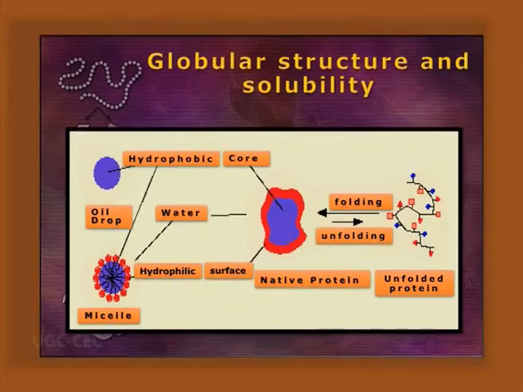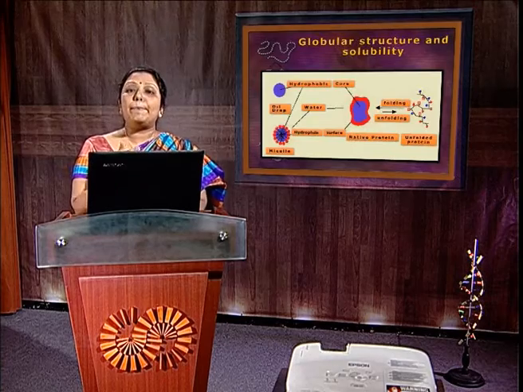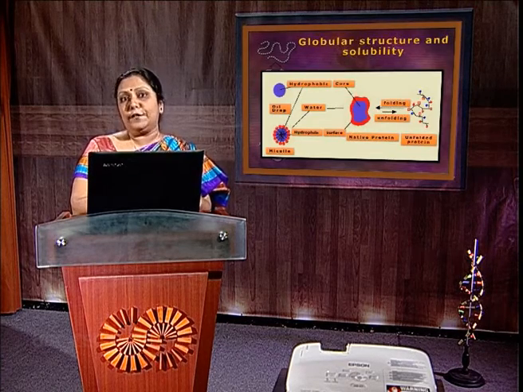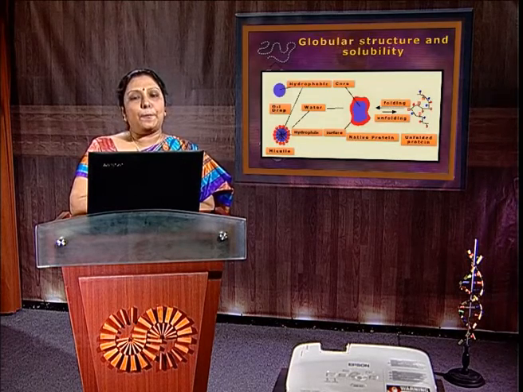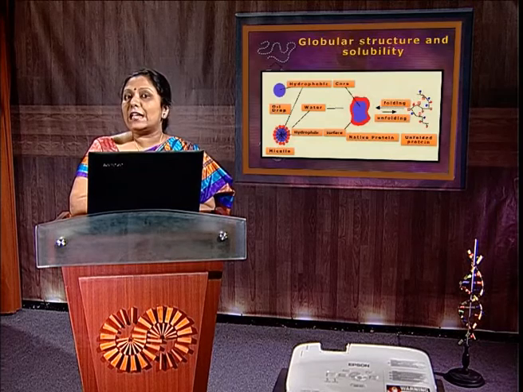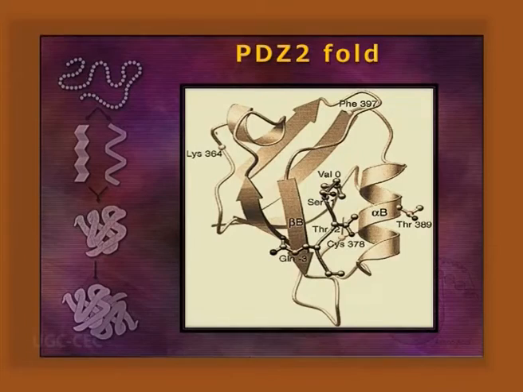Next one, globular structure and solubility. Globular structures are folded according to alpha and beta propensities. They make the hydrophobic core and hydrophilic outside. But the minimum energy is marginally stable by release of a minimum amount of energy. So, there is a rapid turnover rate for the disintegration or synthesis of the protein. As we know, for proper folding, the nucleation-condensation and diffusion-collision models are there, but in the case of PDZ two-fold, both models can be applied.